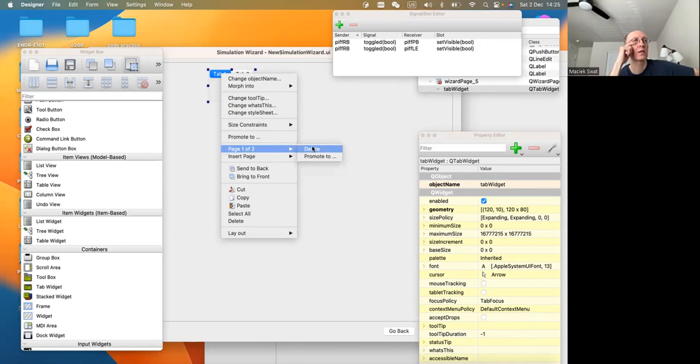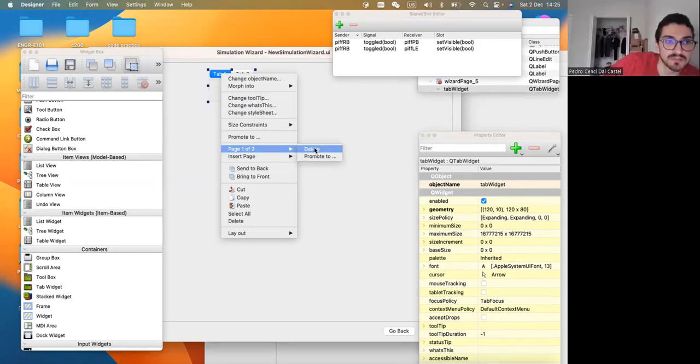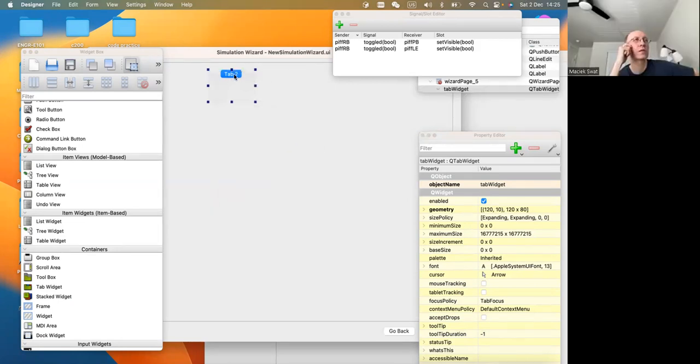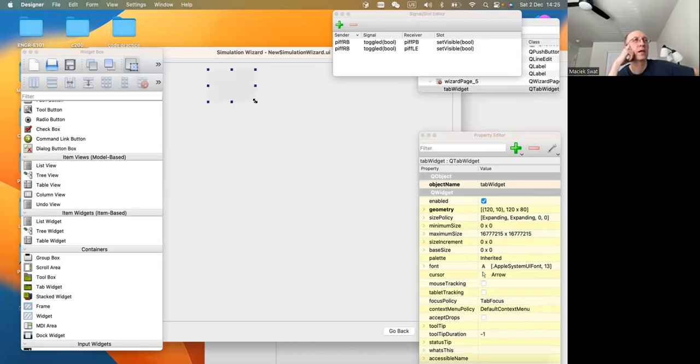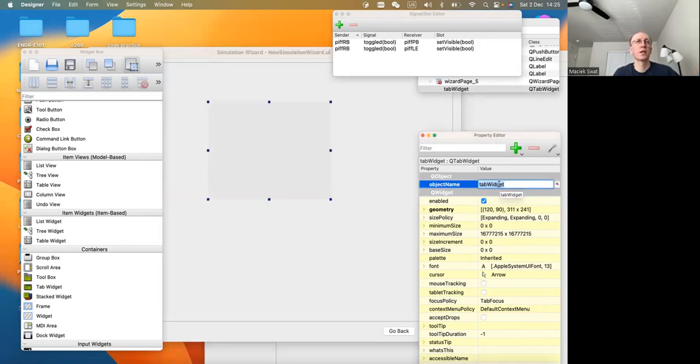No, I think. Yeah, that's it. Yes, page 1 of 2, delete. Yes. Yeah, and then do the same here. Delete. And then let's rename this. Let's call it field underscore tab. That's what we called. Field, like lowercase f. Field tab. Okay, now